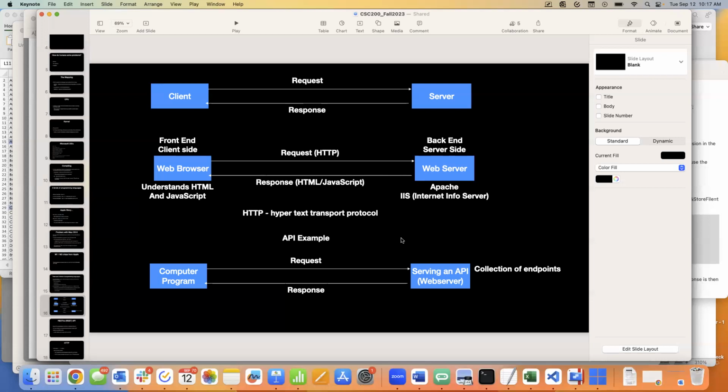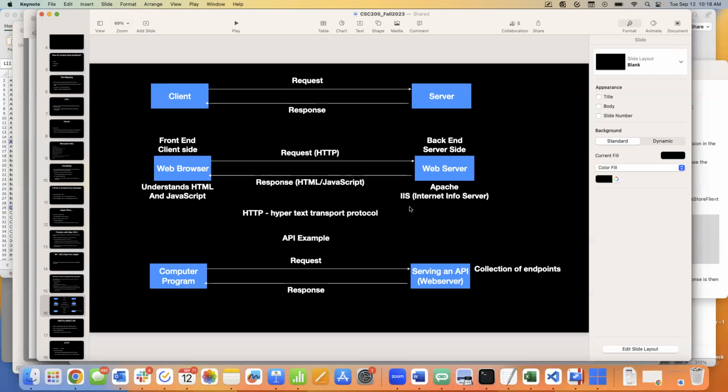But generally, if we're talking about applications you might have on your phone or something, it's going to be talking to a server somewhere up in the cloud. We call that the back end or the server side. And here are a couple of the pieces of software that represent web servers. A popular one is Apache if the server is running on Unix or Linux.